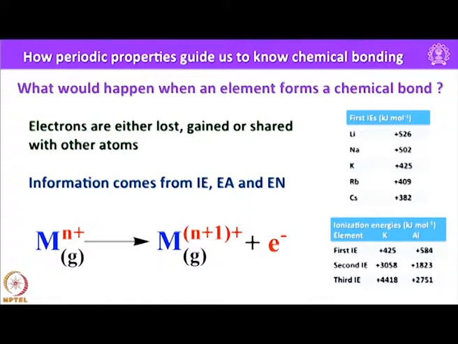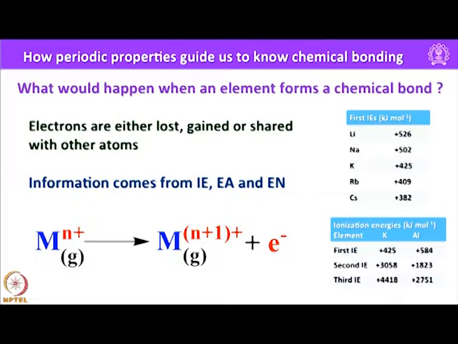That is quite understandable. When you look at the second ionization energy of potassium, it is very high, and it is next to impossible to remove that electron, because essentially you have to remove the electron from the core, not from the valence orbital. Whereas in the case of aluminum, the electron we are removing is still from its valence shell, and that is the reason it is 1823.